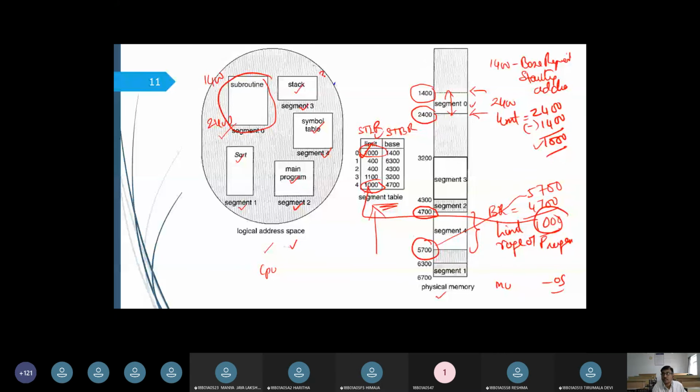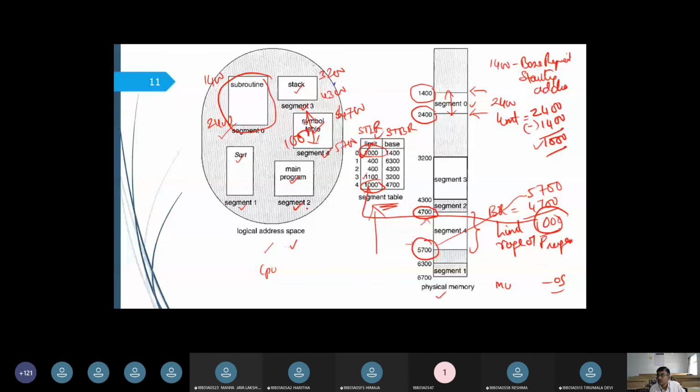Segment 3 starting address is 2200 and it is going to end at 4300. Now you can see the difference, it is going to be 1100. Now let us take segment 4. Segment 4 is going to start at 4700 and end at 5700. So the base register is going to be 4700 and it is going to spread up to 5700. Now the total length is going to be 1000.